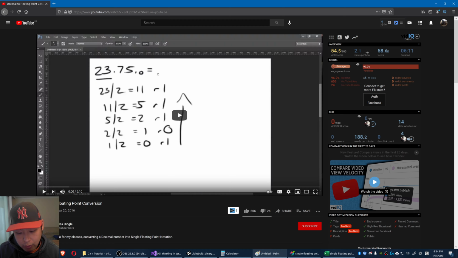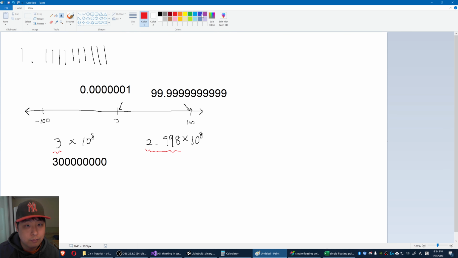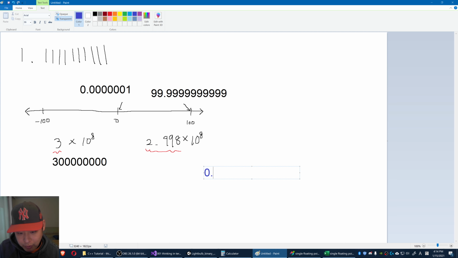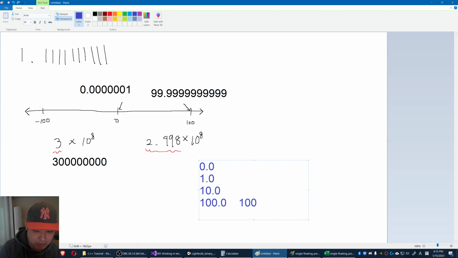What do I mean by that? Well, in most games, you're going to see float values like 0 point something, 1 point something, 10 point something, maybe 100 point something, because by the time you get to hundreds, once you start expressing numbers like 100.123, you're already using 6 digits, you're already pushing the limit. Hundreds might be okay because you still have 3 digits left. If you get to 1,000, you're left with just 2. So when you're designing your game, when you're using floats, be careful not to use too many digits.